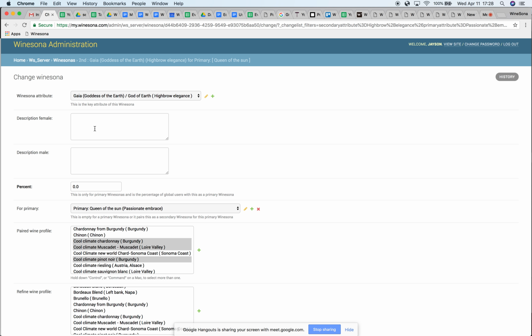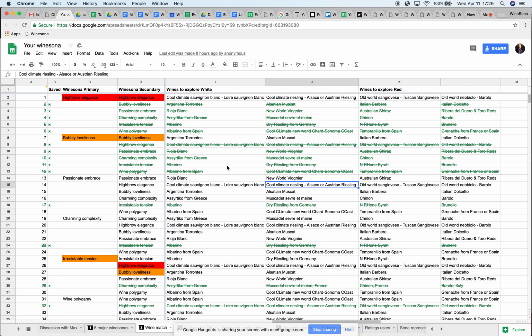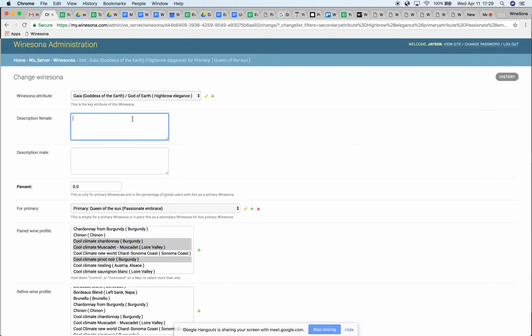Sorry, before we leave here, this is where we need the descriptions for the secondary, because all these are blank right now. Whoever went through basically entered 6 for all of these. So there are 36 options, but they've entered 6 options for everything. So when we figure out that there are more options,